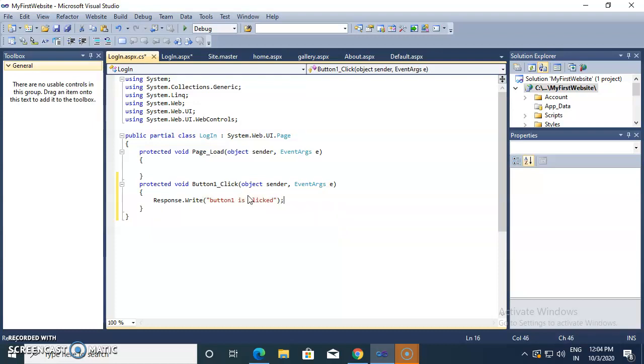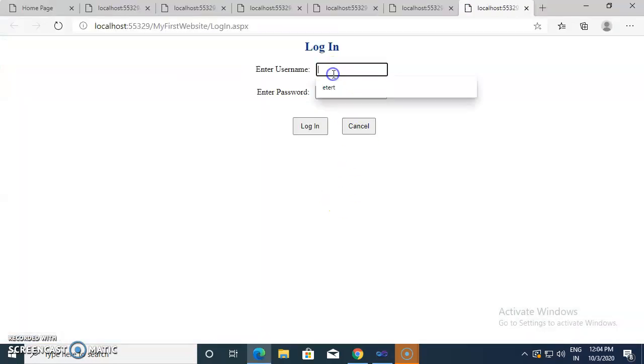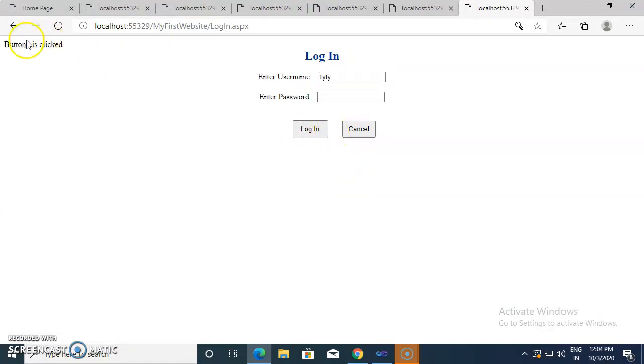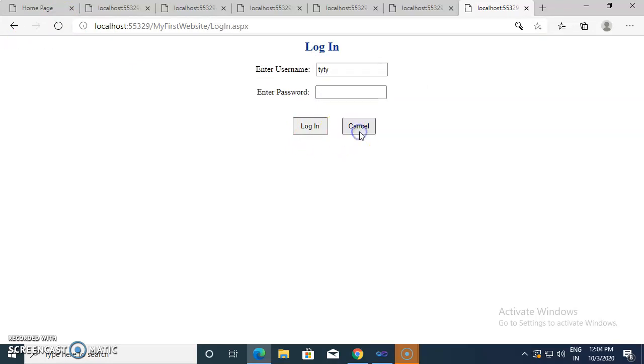If I give one message like this, Button 1 is clicked, and now I run this program, give some values and click on login, then one message is displayed here, Button 1 is clicked.